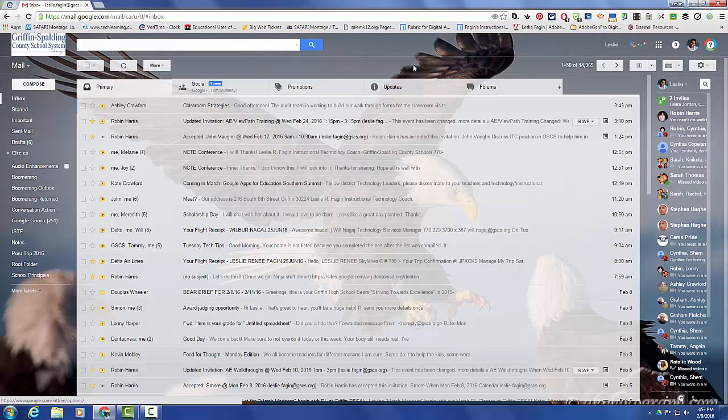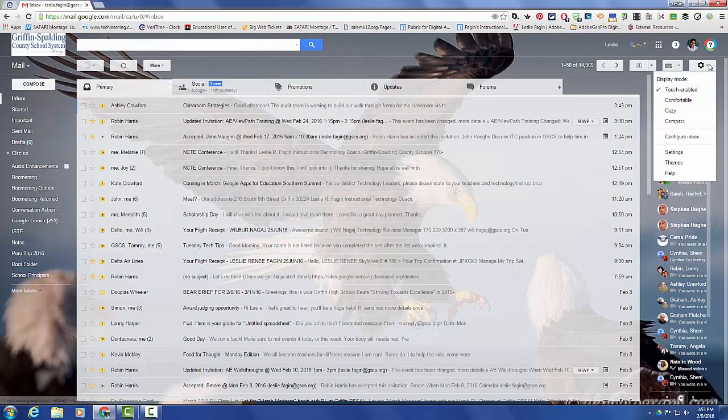The first thing I'm going to show you is how to access the labs. The labs are experimental features that Google has added, and they can disappear at any time or they can become permanent at any time. So please don't get too attached to them because, like I said, they are experimental in nature. So in order to access the labs, what you will need to do is click on the gear icon